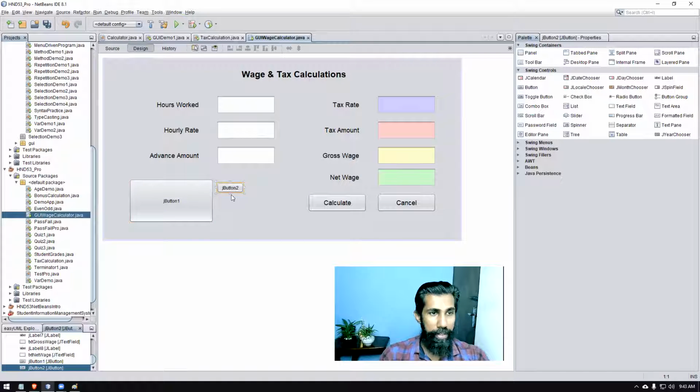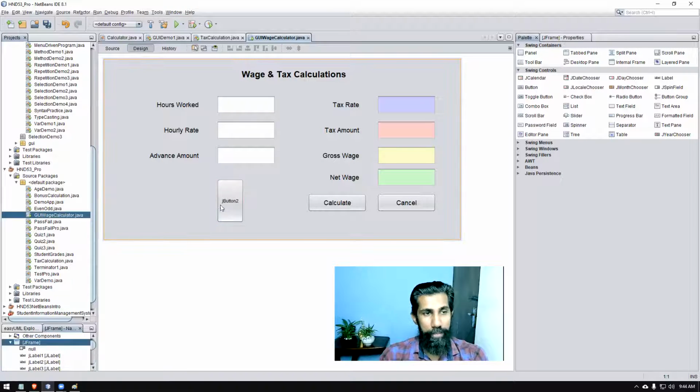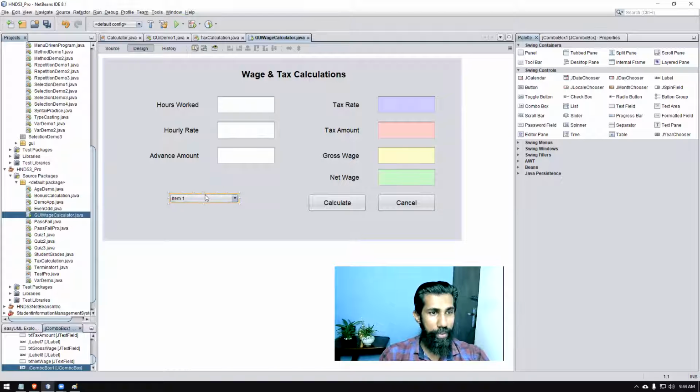So you can take hundreds and thousands of buttons if that is what you need in your program. In this program, I just wanted two buttons. So if I don't want further buttons, I can erase them. If I want a combo box, I can do that, right? I can put a drop down list box anytime I like, and I can start coding this, no worries.